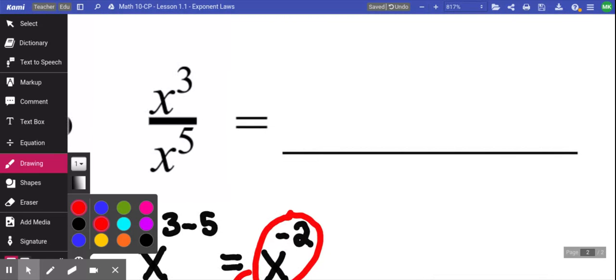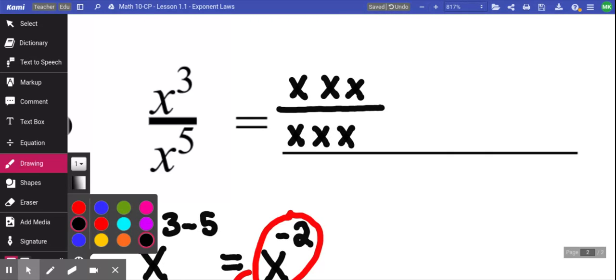what is happening. On the top of that fraction, how many x's are there? There's 3. 1, 2, 3. Divided by. On the bottom of that fraction, how many x's are there? 1, 2, 3, 4, 5. And what I would hopefully realize is that while these x's start canceling out, I'm going to run out of x's on the top. And I'm going to have x's left over on the bottom. So this converts to become